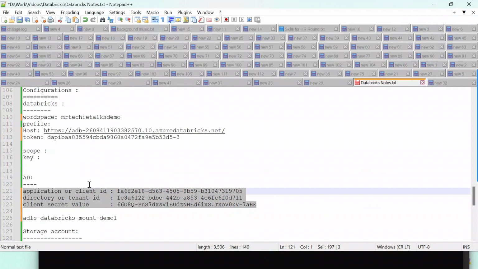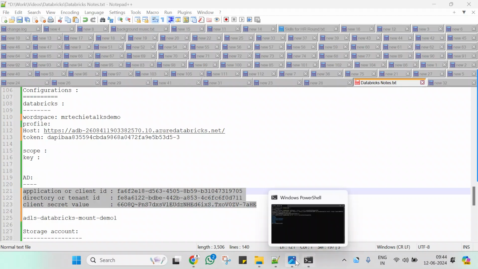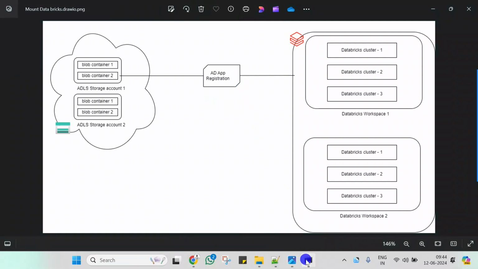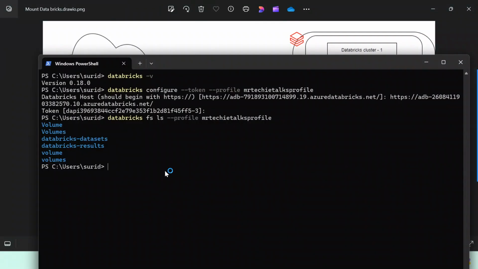Now I want to create a Databricks secret for the Azure Active Directory application, a Databricks secret for the AD app registration. By using CLI commands, I will do that. How to do that? I will show you. databricks secrets create-scope --scope